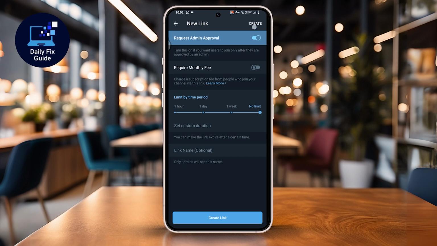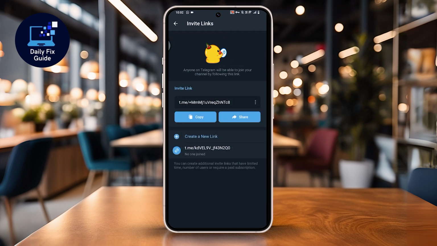Finally, tap on create from the top right corner. Your new invite link is now active, and anyone trying to join will have to wait for admin approval. Now your Telegram channel is fully set so that members can only join after being approved, keeping your community safe, private, and well